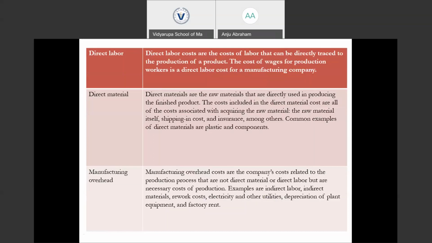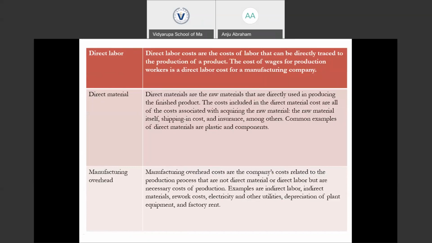So depreciation provided for the plant equipment is included in the manufacturing overhead. It is not incurred in producing the product directly, but it is necessary in order to carry out the production, and the factory rent. All this comprises the manufacturing overhead. It includes indirect labor, indirect materials, the rework cost, electricity and other utilities incurred, depreciation of the plant equipment and the factory rent.